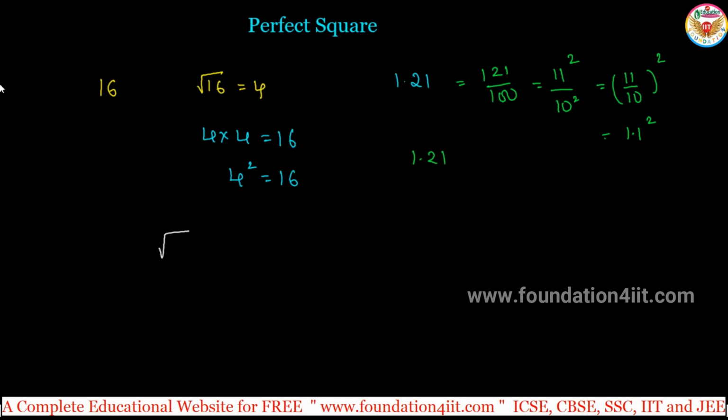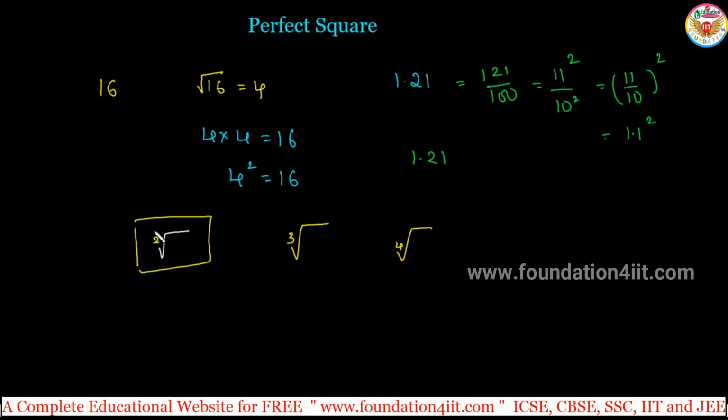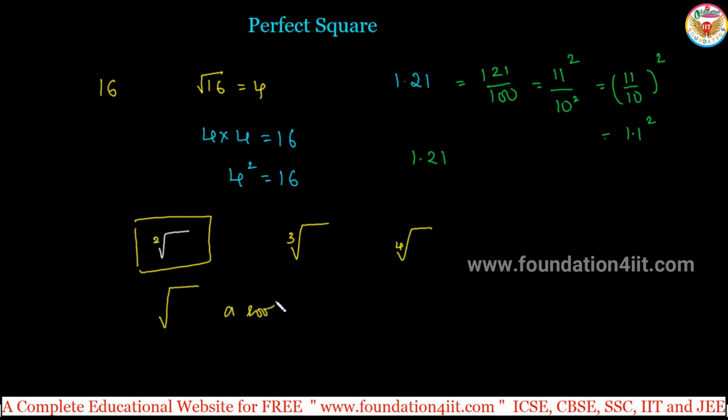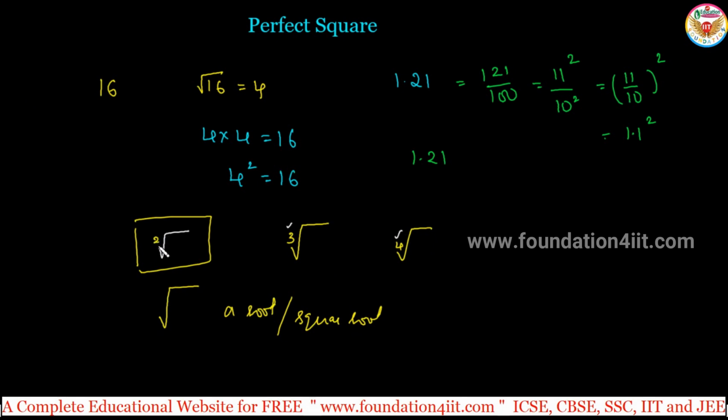We have only the square root topic, which is actually the 2. This we can call a root. If you imagine a 3, it is a cube root, then the fourth root, similarly square root. But for the square root we need not keep the 2 always. We just write the symbol like this, so this is a root or square root also. But if you look at the textbook, with the names cube root, fourth root, you can write any number of roots. But only the symbol is a root. In general we can take it as the square root.